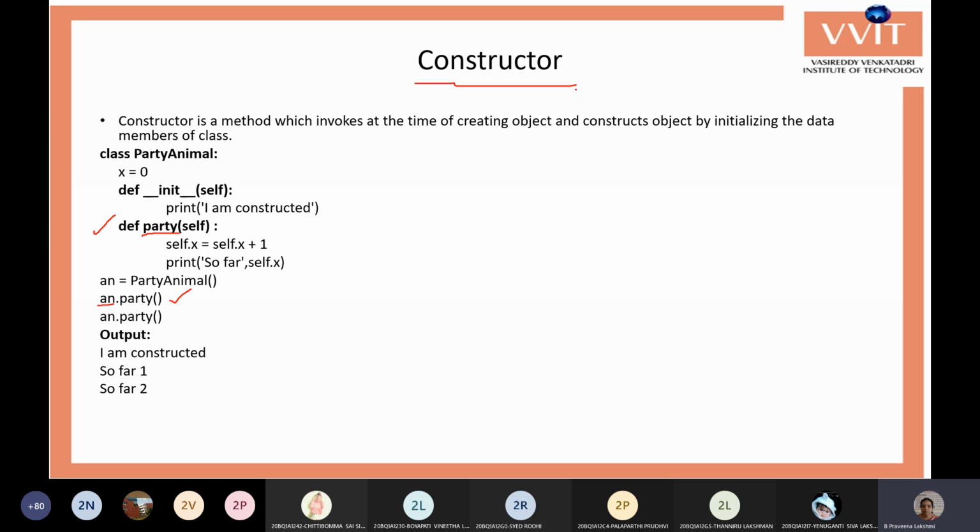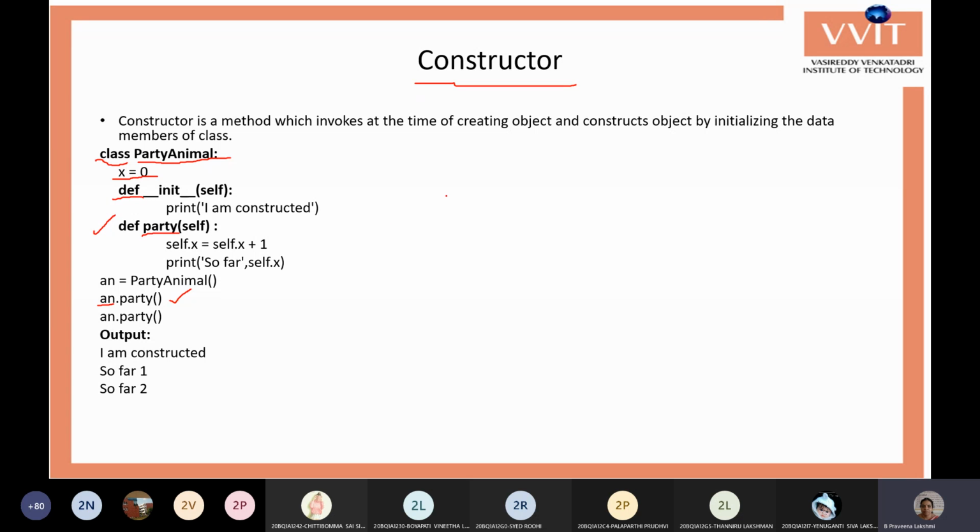Let's see how to create this constructor method and how it will be executed. First we start with the class name, and here one variable, one data member of the class, is created as x equals 0. Next is the constructor method.